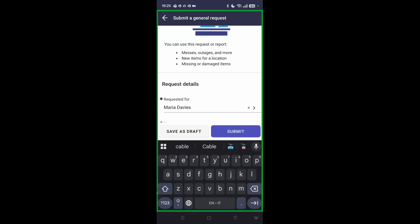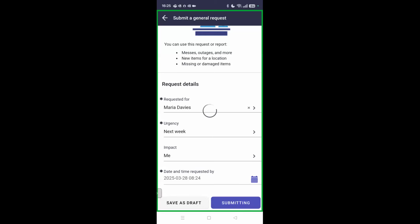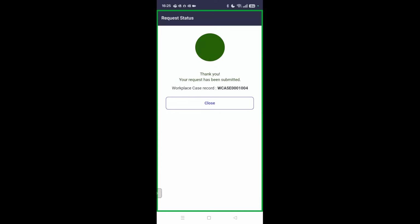And this will be worked by the facility team thanks to all the automation workflow and Workplace Central, but there will be another webinar on that. So I just submit the case, and this will be worked as soon as possible by the facility team. The last thing that I want to show you is